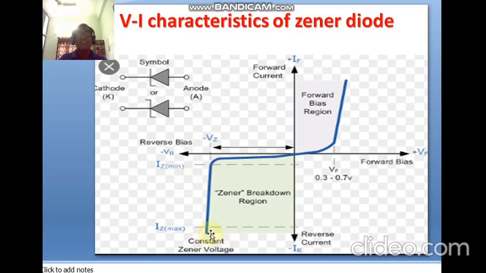Here these are the Zener currents. The Zener current is rapidly increasing even though the voltage is not changed from a particular value. The current is increasing exponentially. Therefore this current is known as Zener current, and this voltage is known as the Zener breakdown voltage. The region in which the current is rapidly increasing at this Zener voltage is known as the Zener breakdown region. This is a very sharp breakdown region in the graph.